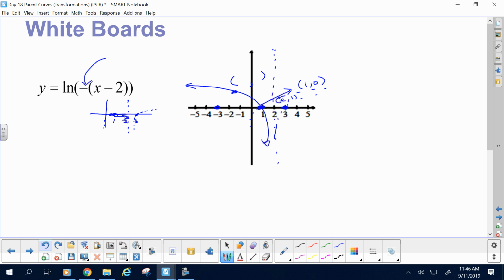Then we shifted it right 2. Do you agree on the original graph, the point is (e, 1)? Yeah. Okay. Then when you shift it right 2, isn't it (e plus 2, 1)? Then you reflect it over, it's over here, instead it's,